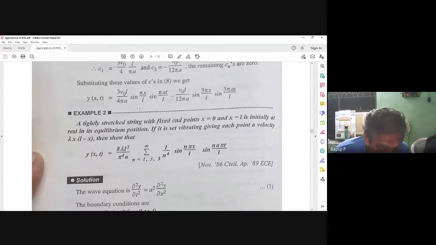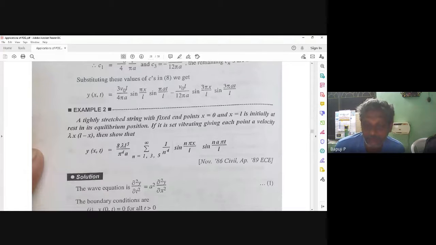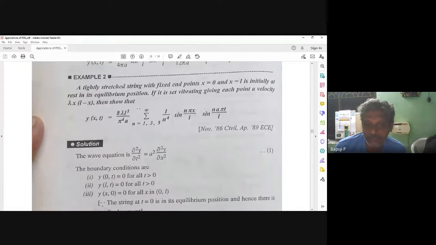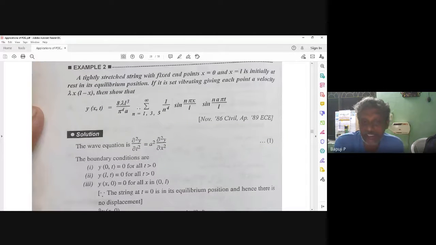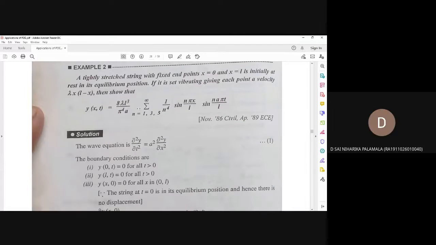So you are familiar. What will you write? Now this is the equation. As I said, you can write the equation. Then what will you write? The conditions: the first two conditions are 0, or not? From the first condition, what will you get? C1 is 0. Second condition, p is equal to what? N pi by L.